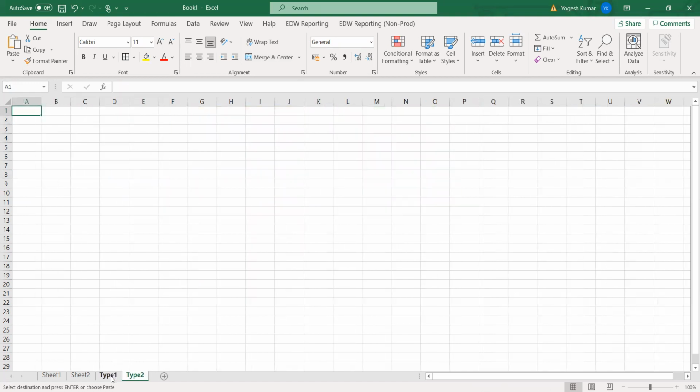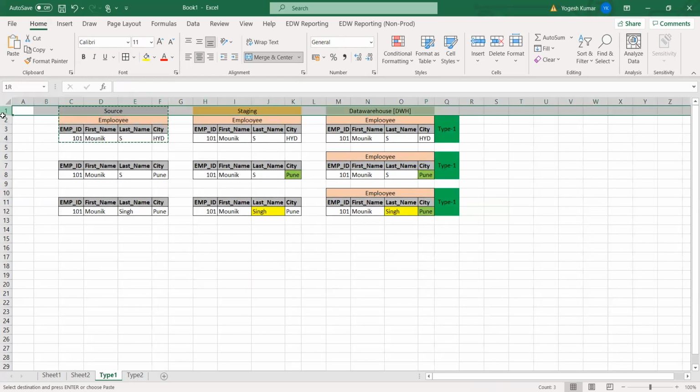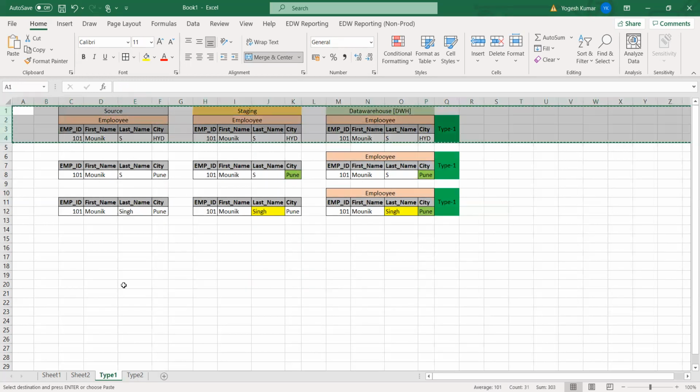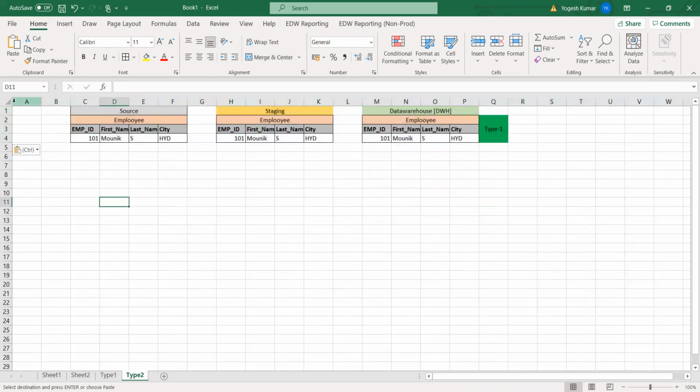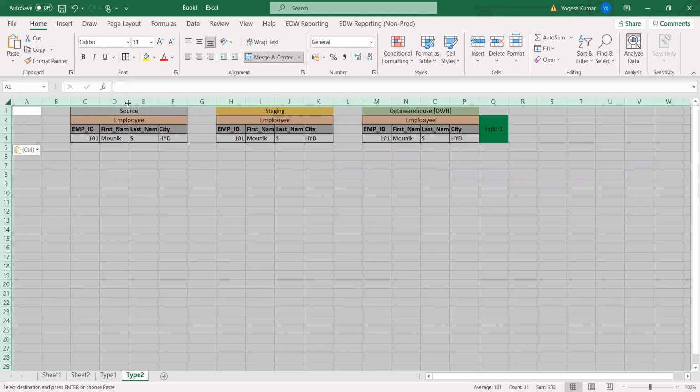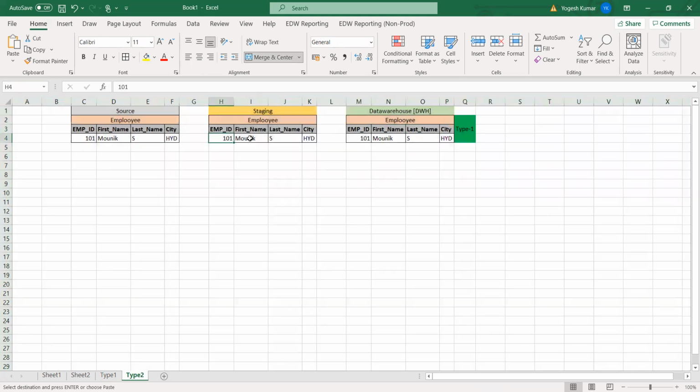Same example. Let me copy the first 3 lines and paste them over here. Okay, so now we are going to learn type 2. Let me remove the records from the target tables.